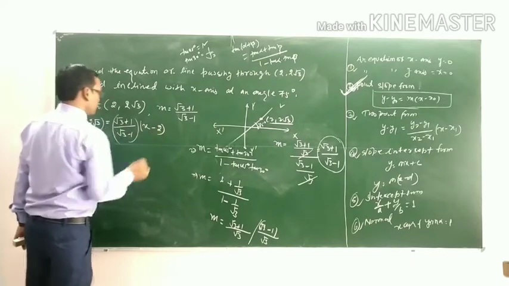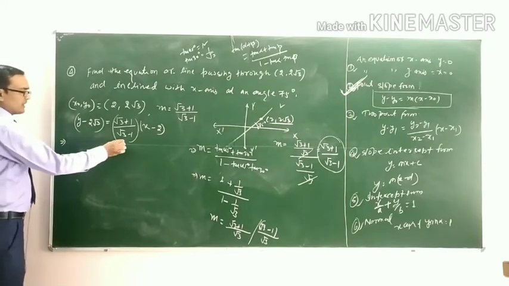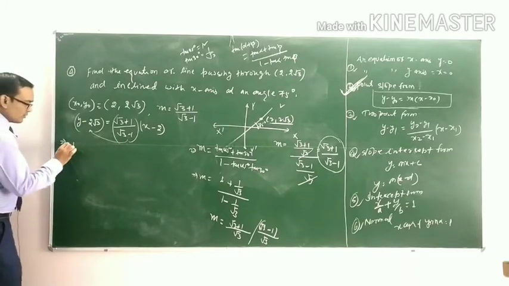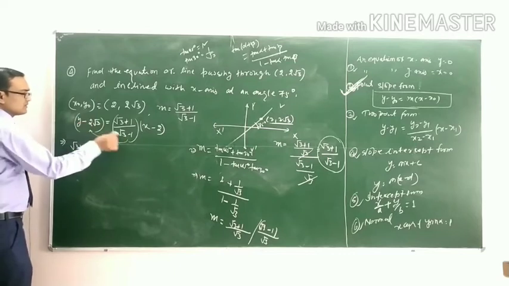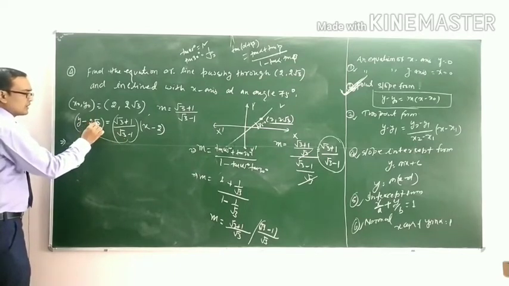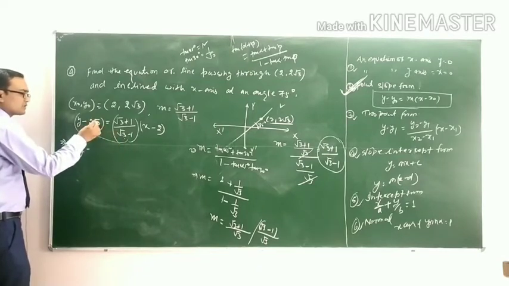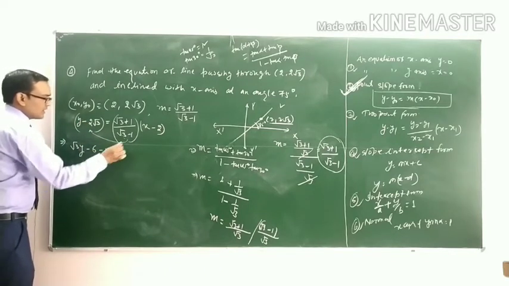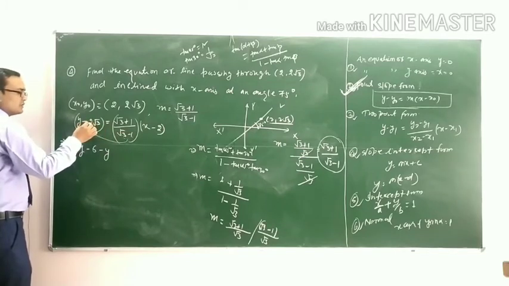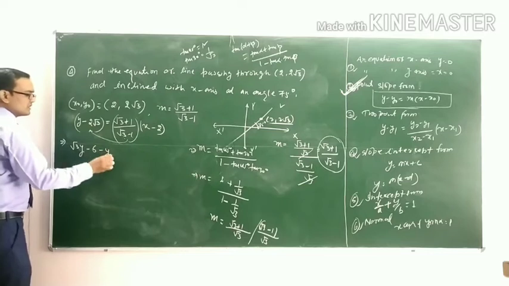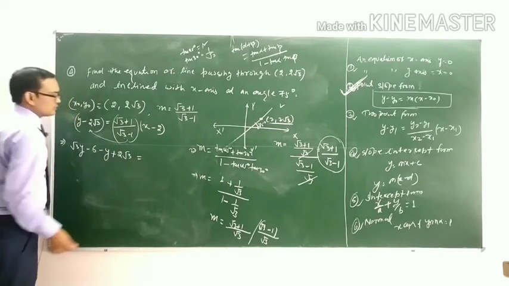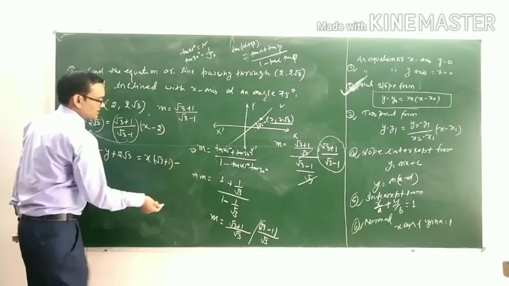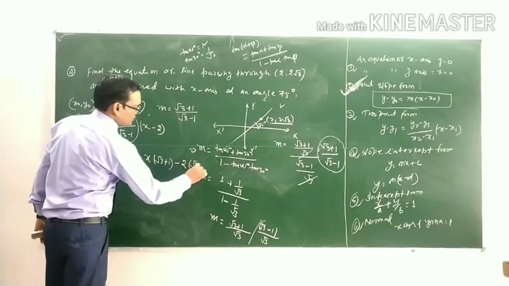Okay students, this implies we multiply (√3 minus 1) on the left hand side: √3 y minus 2√3 times √3, where √3 times √3 is 3, and also 2, this is 6, and minus 1 times y, minus y, and minus 1 into minus 2√3 is plus 2√3, equals x(√3 plus 1) minus 2(√3 plus 1).